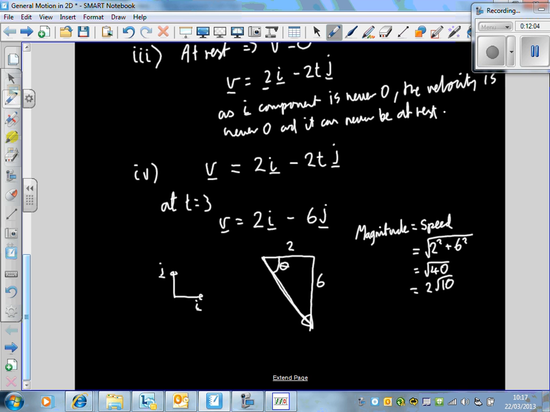A bit of a moment there. Yeah, all right. A bit of a moment. How do we calculate that angle? Inverse tan of the opposite, which is 6, divided by 2. So, using the calculator,